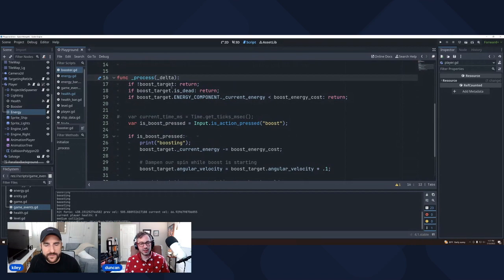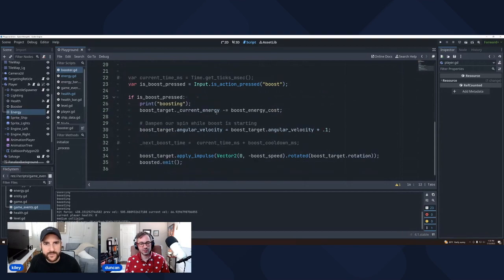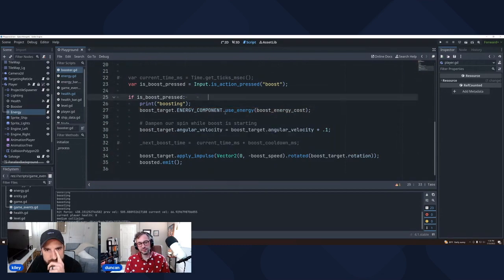Well, let's go ahead and, okay. So we haven't updated this, so use energy, and then we want to just give it the cost. Let's see, maybe because this wasn't hooked up. And again, I don't really love this sort of scenario, right?